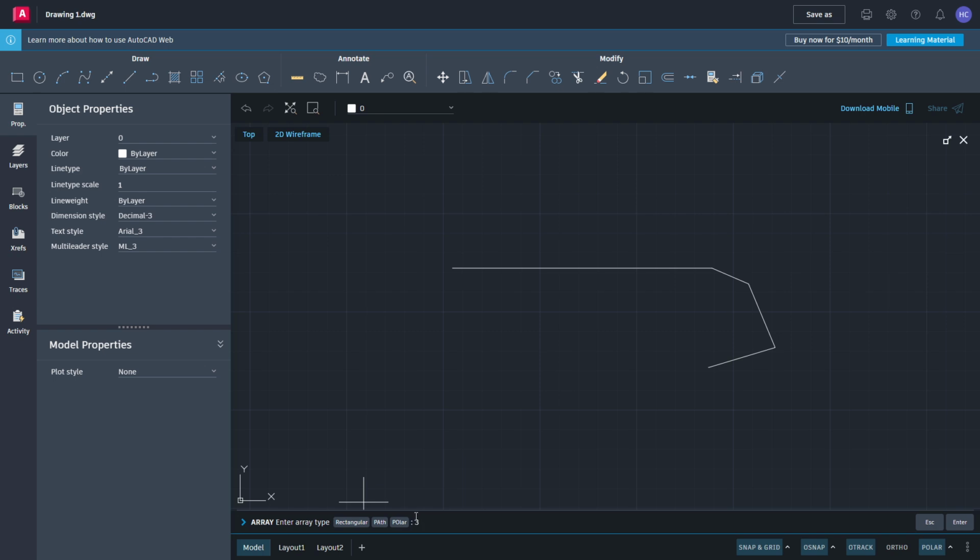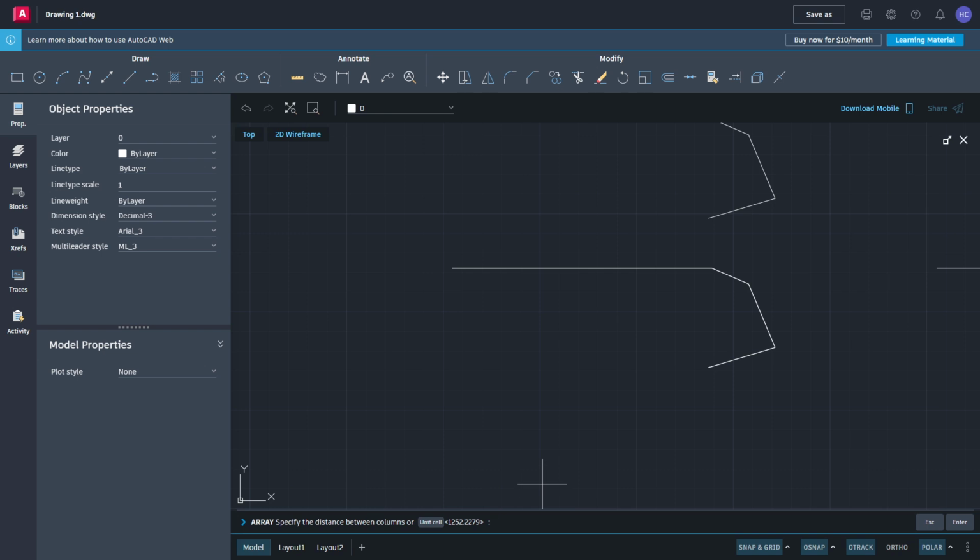Finally, create the building profile. Use the pline command to trace the outer edges of the walls and the roof line, snapping carefully to the intersection points where your projected rays meet the height lines. Work continuously so the polyline forms a single, clean outline. After tracing, tidy up by trimming excess rays and lines, adjusting line weights or layer visibility, and checking for any